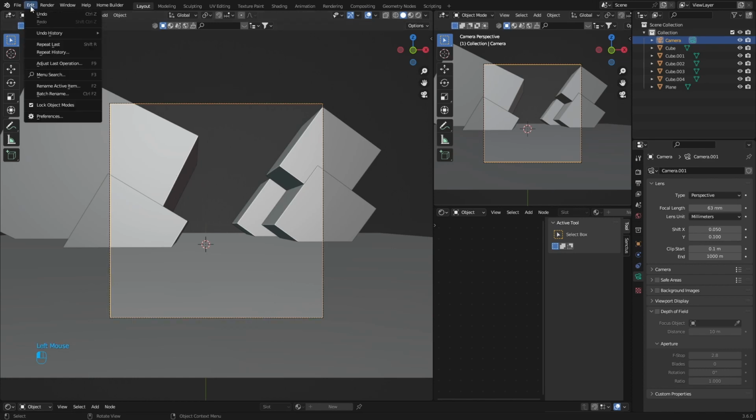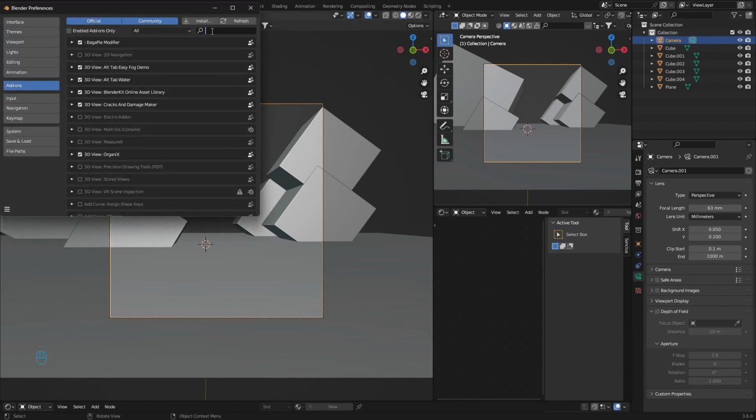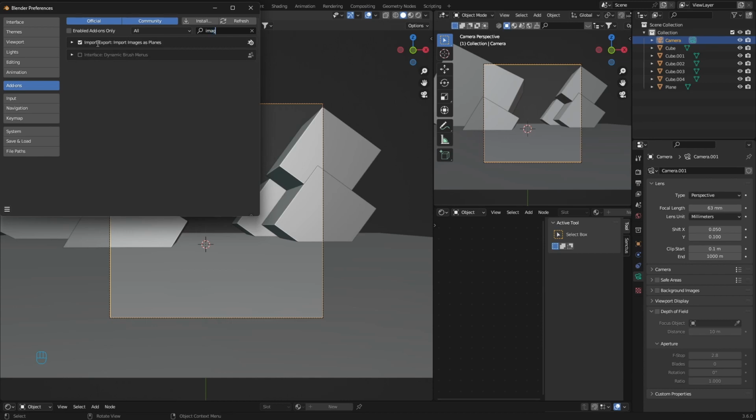Make sure that this is selected, so go to here, Edit, Preferences, and type in images as planes. Enable this. I made a video on how to import models in a previous video. Make sure you check it out. That's how you use it, but I'm pretty sure you'll know how to use it. Okay, now